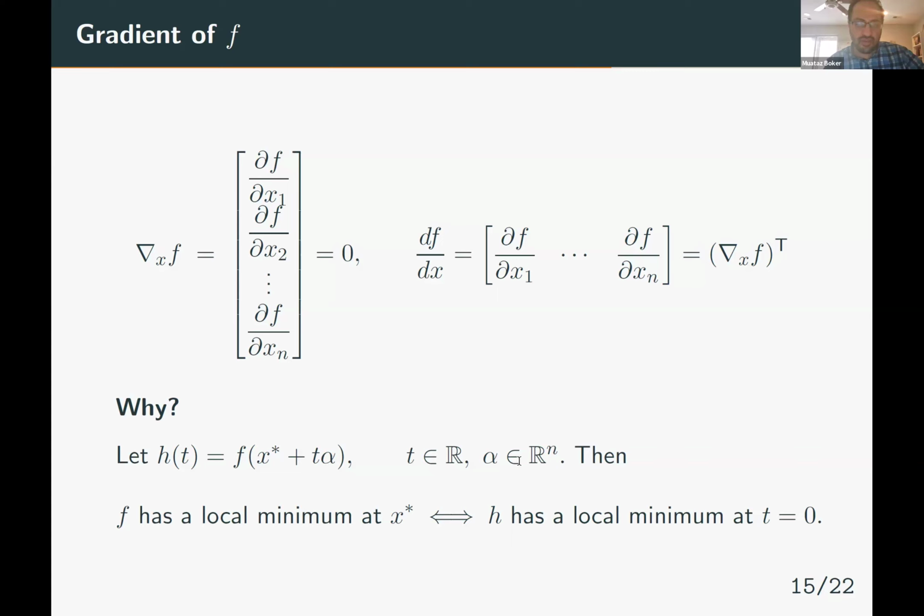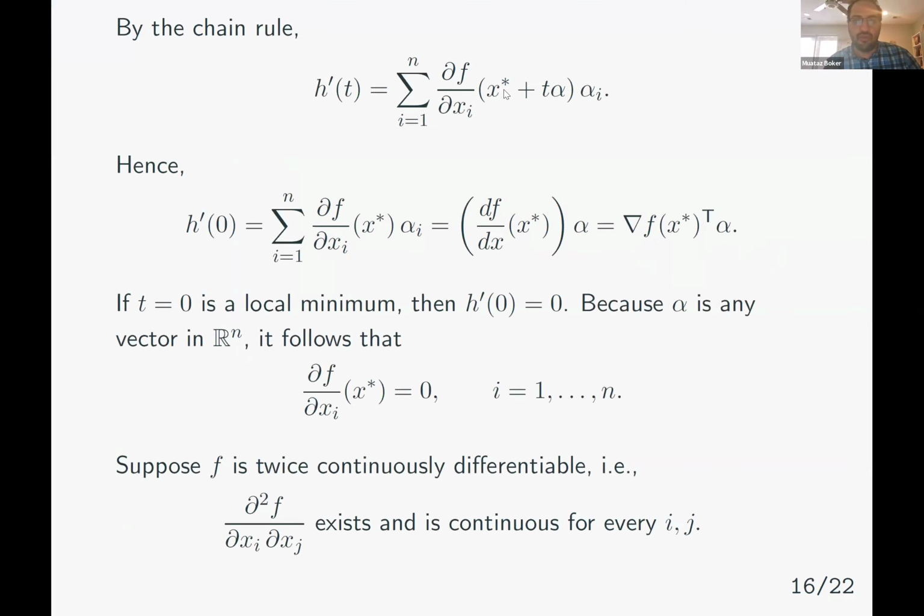Alpha is a vector, right? A vector of constants, okay? And t, so this is just to make it general. And f has a local minimum at x star implies h has a local minimum at t equal to 0, okay? And by the chain rule,